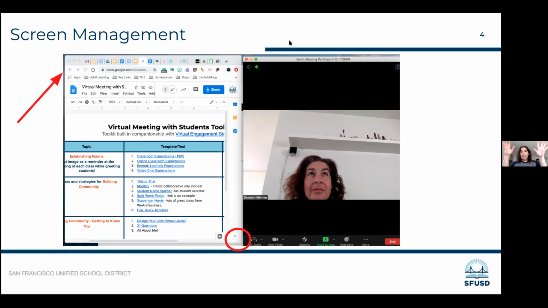If you don't know how to make your two screens, and you're in full screen with your Zoom meeting right now, you can go up to the top under View Options and click Exit Full Screen. Then go to the corner and make it a little bit smaller, and then you can get your Google Chrome window and make that small too. So you have a half and half split screen.